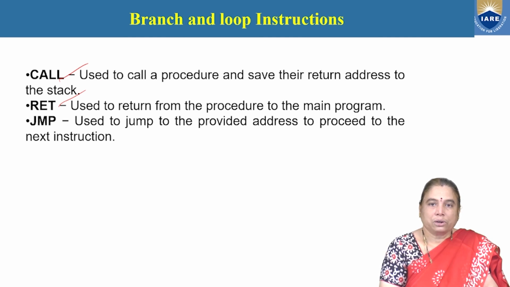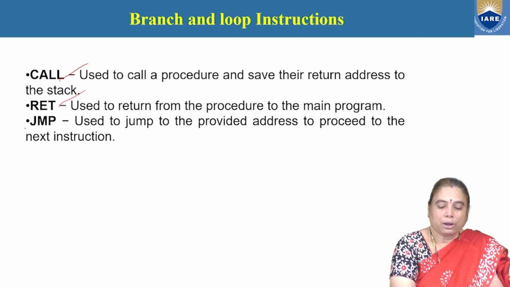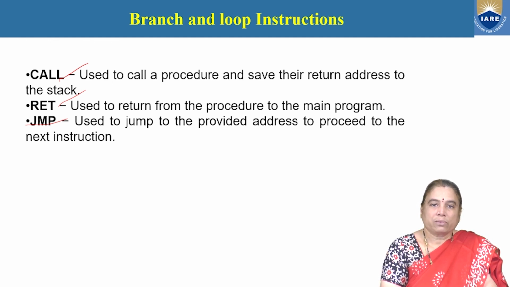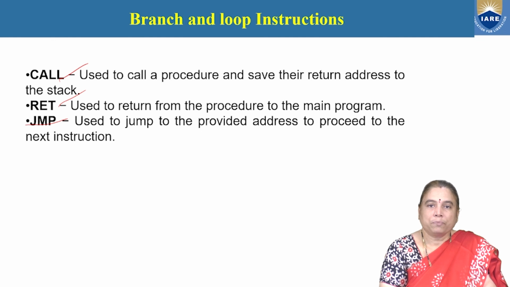In the jump instruction, two types are there: conditional jump and unconditional jump. Conditional jump means first the evaluation of the condition takes place. If the condition is satisfied, then only the transfer of control by the jump instruction is executed. And in the second category, unconditional jump, without checking the condition, the jump transfer takes place. So here it transfers the control to the specified label during the program execution. All these are the varieties of instructions that are available in the sample instruction set of